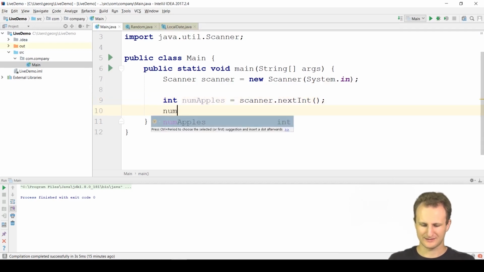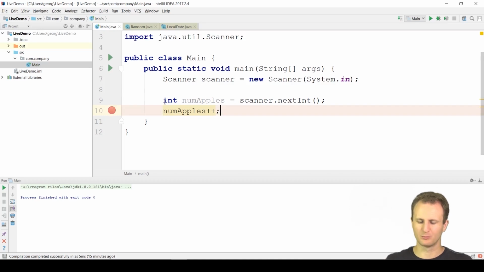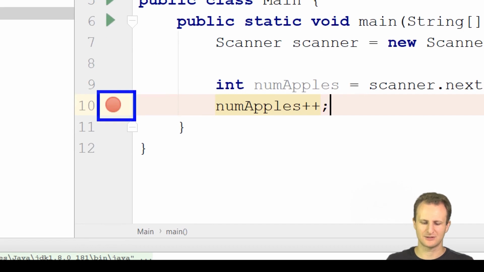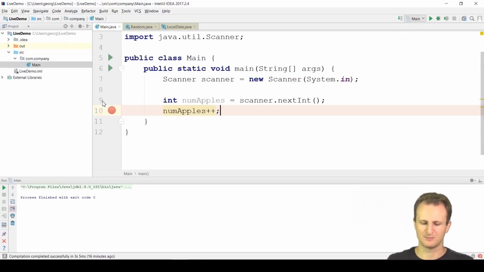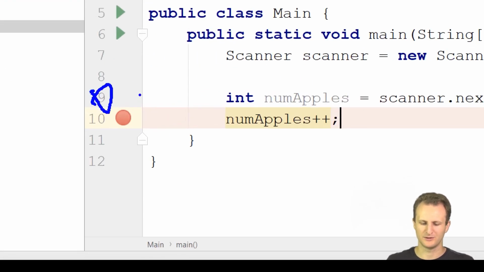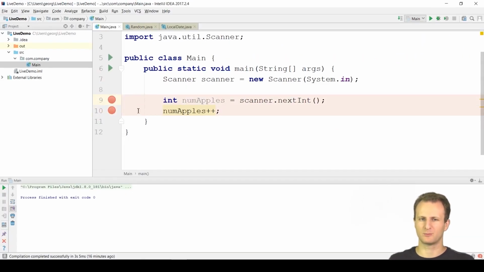Okay, so let's now increase this number of apples by 1 and put a breakpoint over here. We'll be talking about debugging at the end of the lecture, but briefly, when you start your program in debugging mode, it will stop its execution on each of the breakpoints you place. You place them by simply clicking between the line number and the start of your code. Placing a breakpoint here will cause the program to stop its execution over here and wait for you to allow it to continue. Now, why would you do that? Well, because when you stop at the breakpoint, you can examine the state of your program, meaning the values of the variables you have in your program. Okay, so starting this,